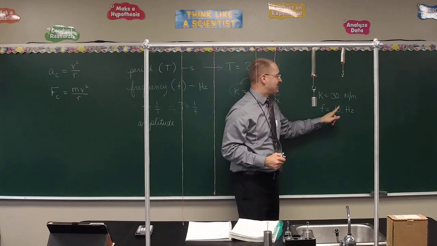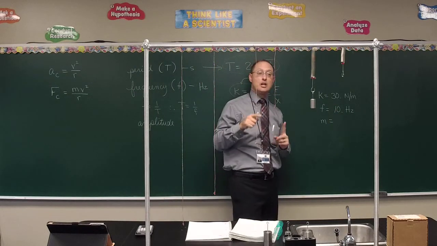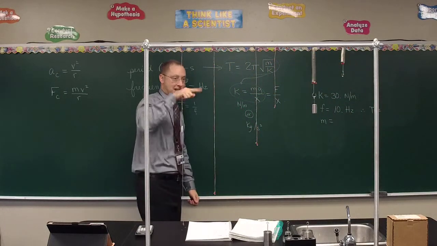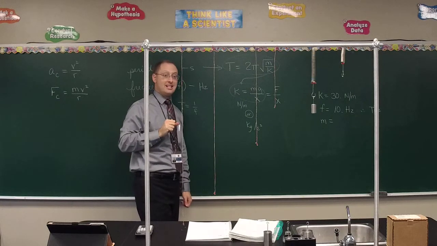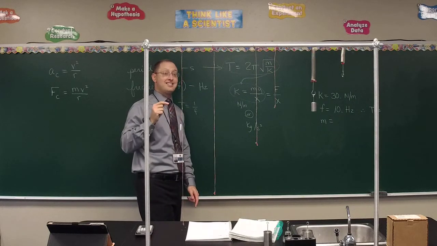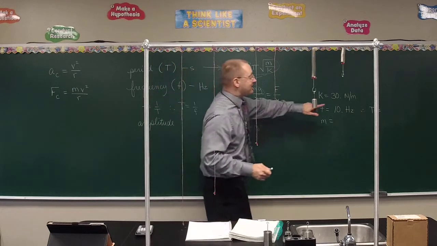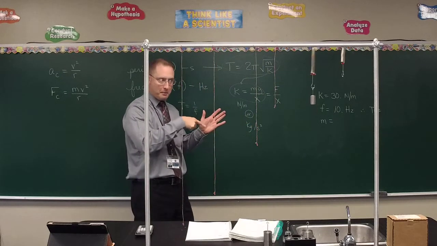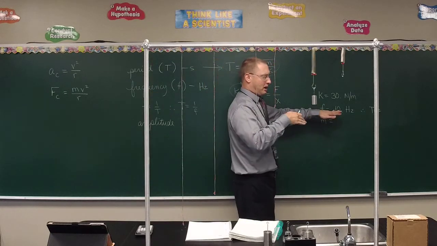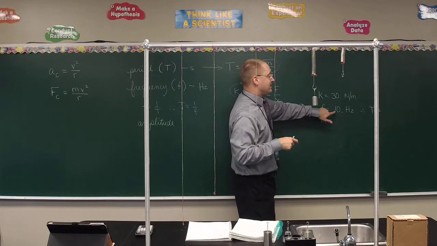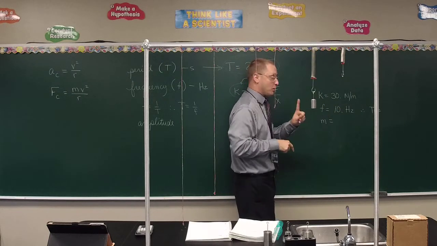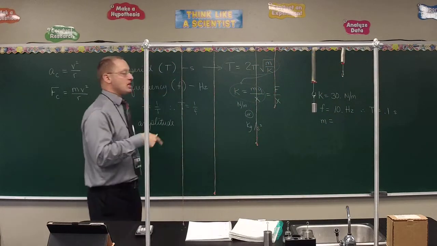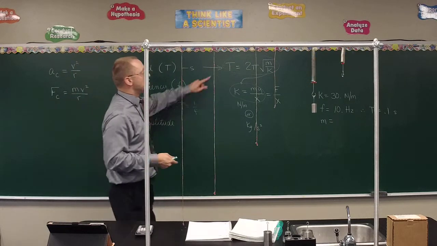If the frequency is 10 hertz, that means 10 of these in a single second, then I do know the period. What is the period? How long does it take to make a single up and down? A tenth of a second, right? If it makes 10, I mean, can you imagine the kind of vibration you get? Almost picture a string when you pluck it vibrating, right? So, as opposed to a spring, that's a really fast vibration. But 10 full oscillations in a single second means you've got 0.1 seconds, or a tenth of a second, for each individual oscillation. So I do know the period,